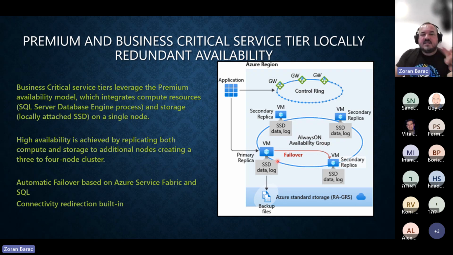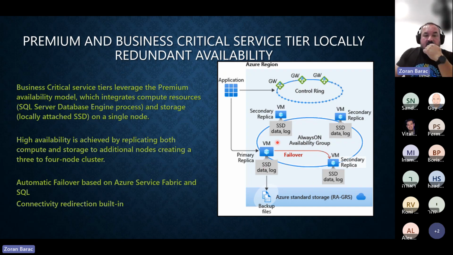You can have read scale out as well, though it's not by default. So one of those is going to be your readable secondary. If you have an application intent of read only, it's going to go directly there. So this is how it looks. It looks exactly like what you would have if you put 4 VMs in an infrastructure as a service VM or a dedicated machine somewhere else, and created your Windows failover cluster and created your HA there. It's going to look like Always On availability.